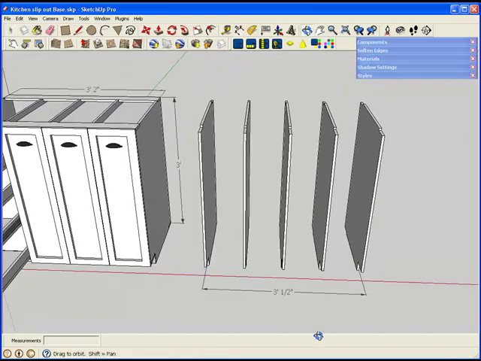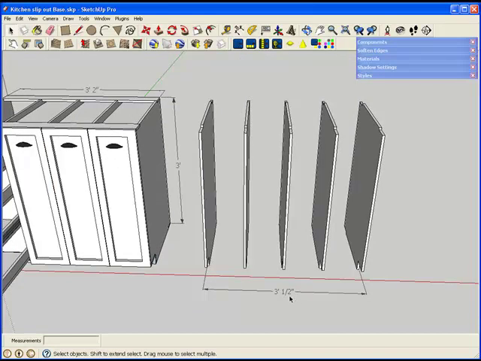And you can see what I have is a measurement of 3.5 inches, and I want 3 feet 1/2 inch. What I want is 3 feet 2 inches. So if I click on all 5 of the panels and highlight them,